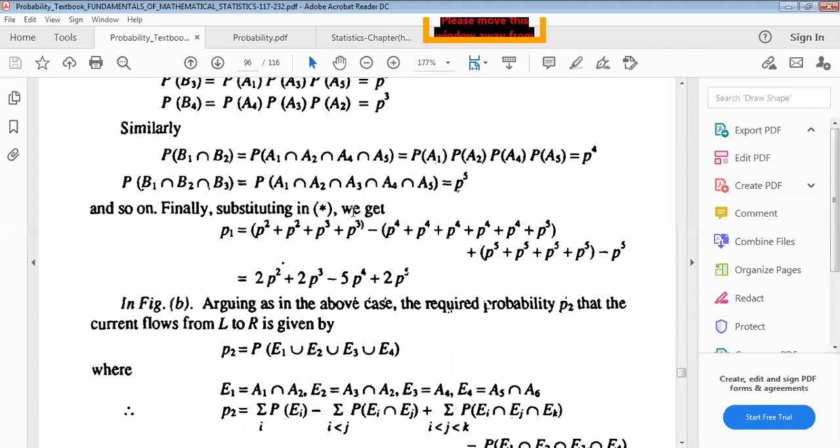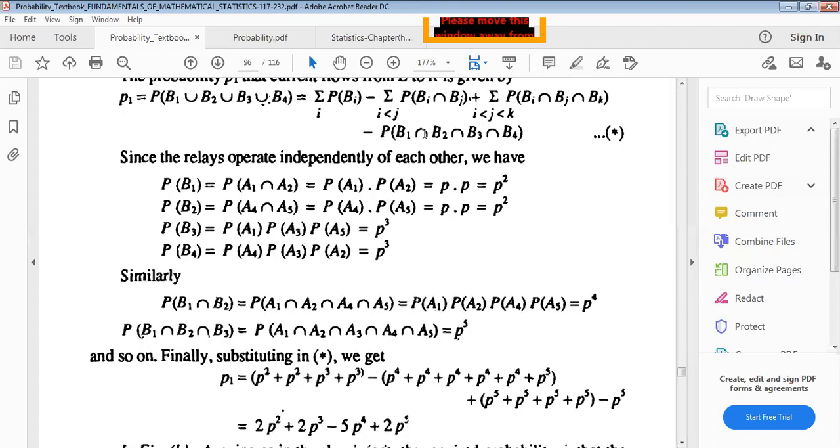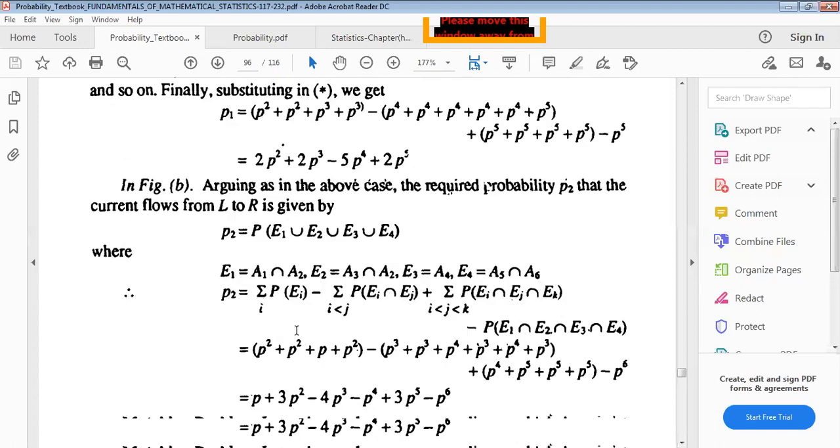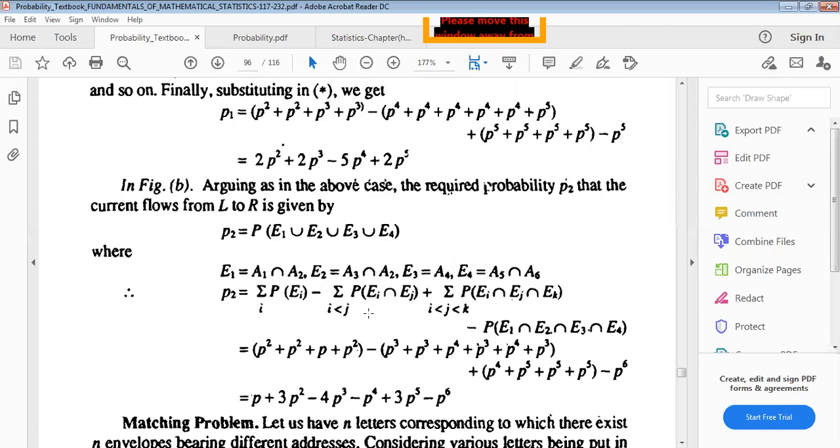Finally, substituting in equation 1, putting in all the values, we get the required probability P1 equals